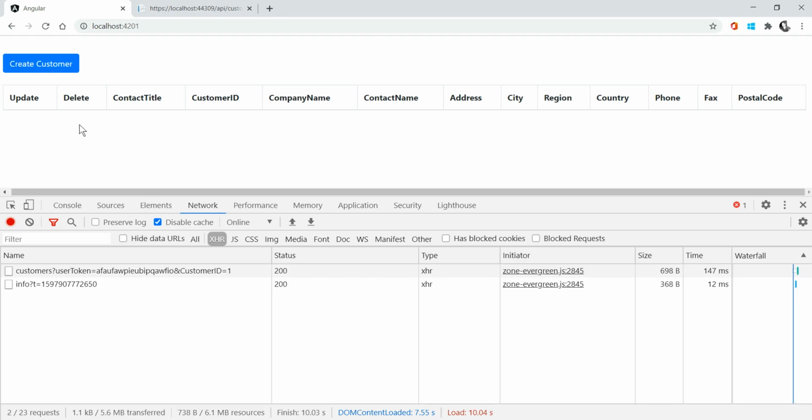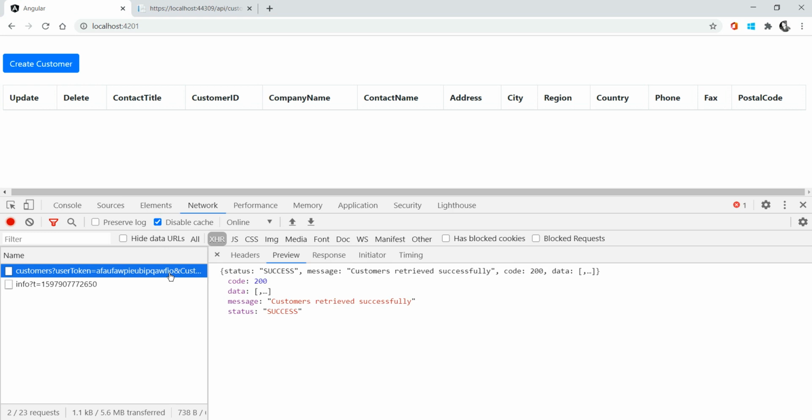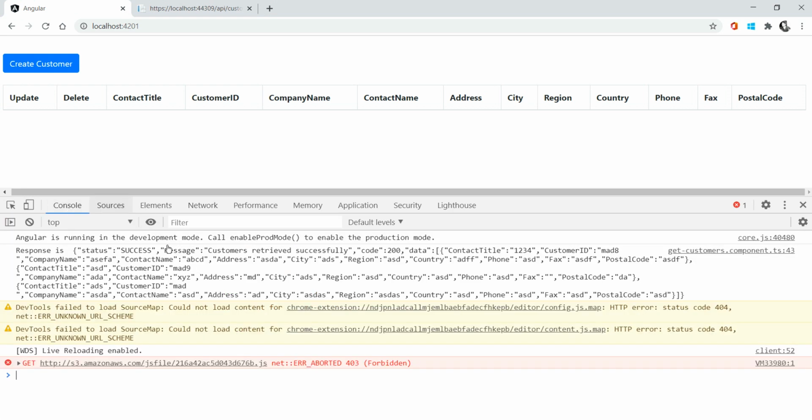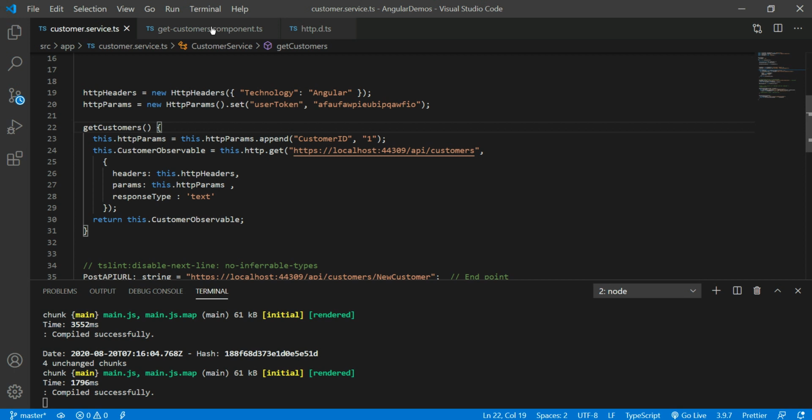See here, I am unable to see the output. Why? I am getting the correct data from the API. This is correct, I am getting the JSON format from the API. This is completely the API data. But when I see this data in Angular, it is in text format.